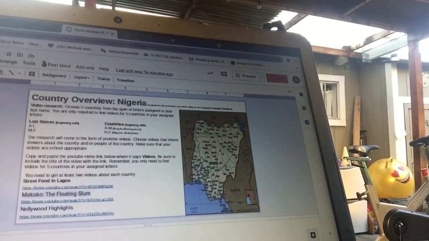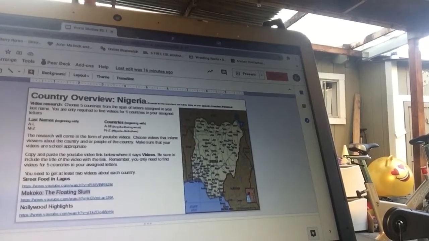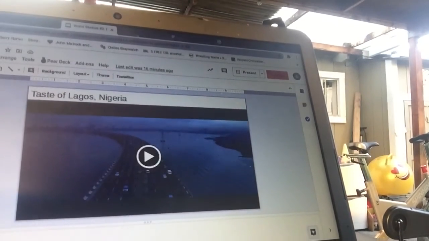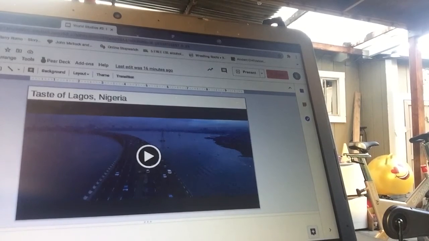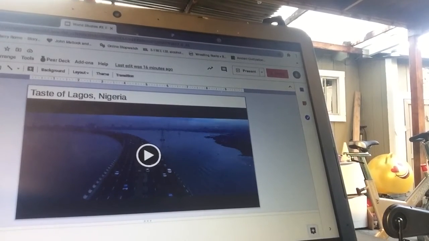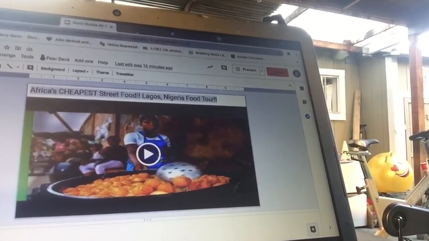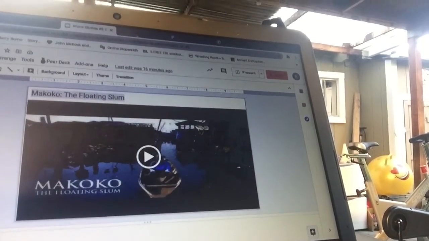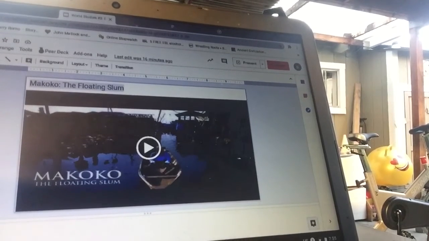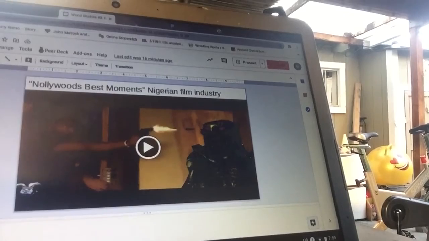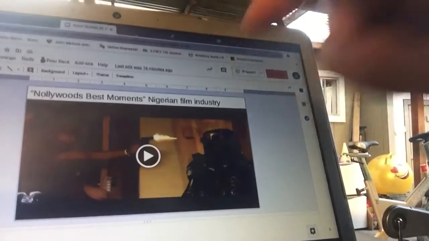I definitely like them. If you've noticed in my slides, you're going to find 2. I found 3 for you here, and actually I found 4. So, something about Lagos, Nigeria, the capital of Nigeria, a really beautiful city. My brother traveled there. The street food of Lagos, a slum in Lagos, so poor people even in the wealthiest of cities. And I thought this was really fun, something I kind of like. I like funny videos. This is really funny.